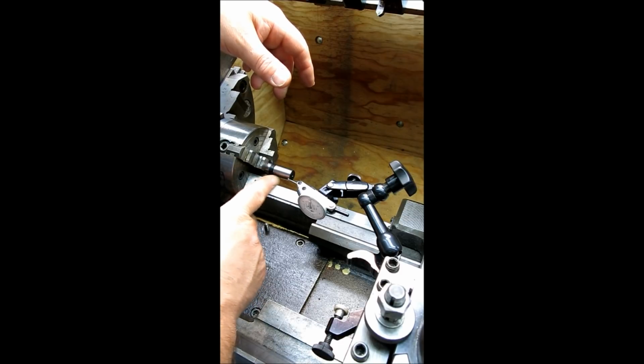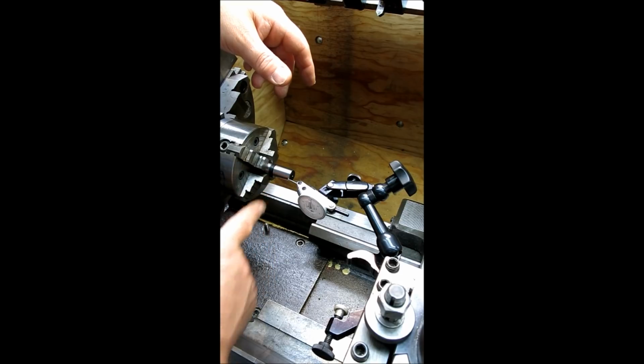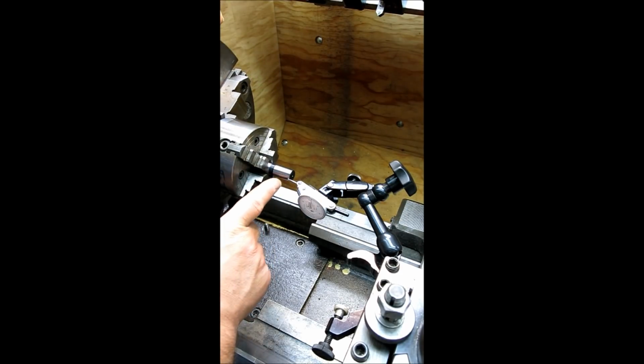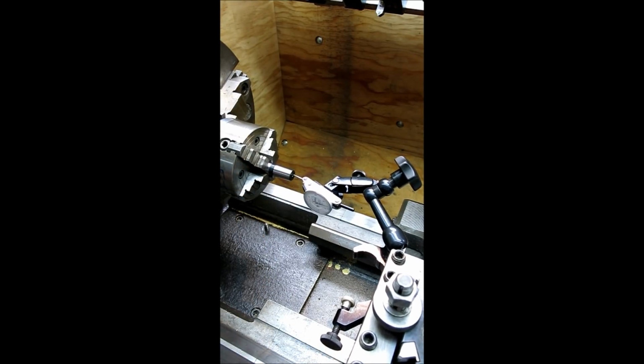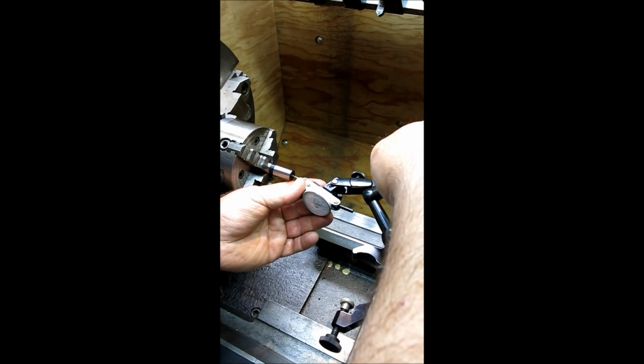So you can indicate and then bump the compound around until you null the indicator reading there. Okay, now you can fool yourself a little bit, because if the tip of that is not dead nuts on center, then you're going to have a problem. Now, one way you can get kind of close, you can see I'm off a little bit there. I hope you can see. Anyway, I'm going to just stick that indicator ball right in that hole